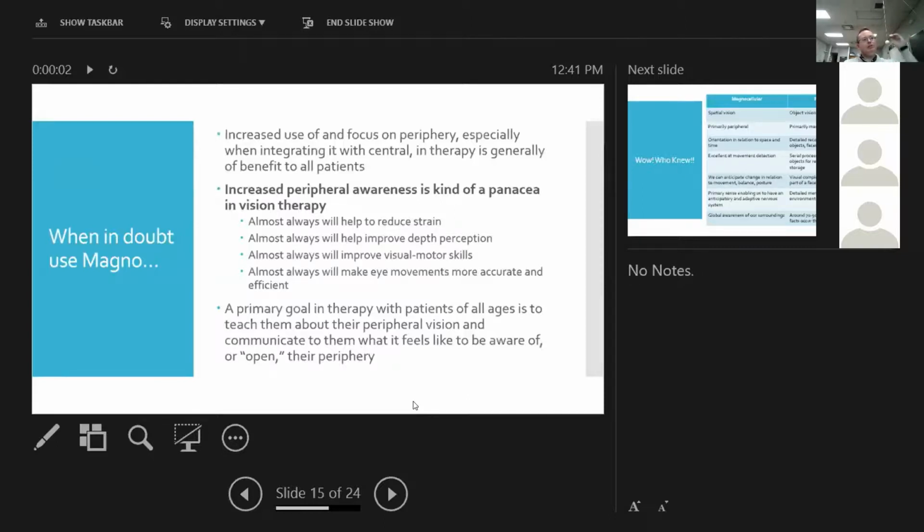So I won't go through all this, but the main thing that I would like to look at is, when in doubt, use the magno. And why I say that is because it's kind of what developed first, okay? And the magnocellular system will begin to help you to align so that you can begin to utilize the parvocellular system, okay? So the magnocellular system, by getting them to open the periphery, see things that are in space, know what is around the object of regard that you're wanting to look at, is going to help to reduce